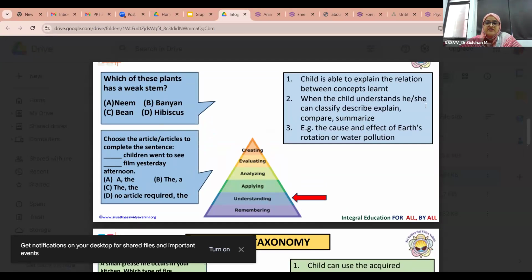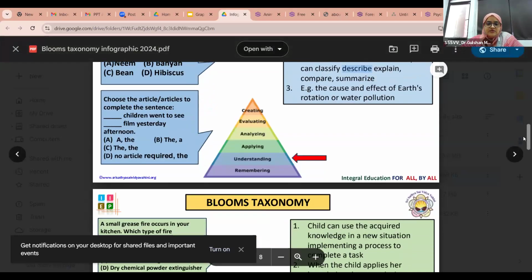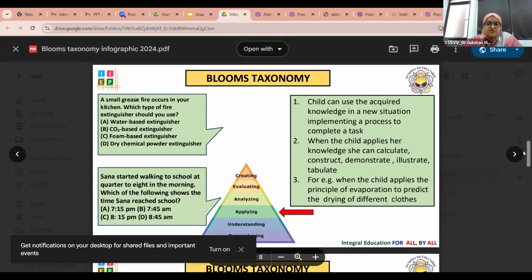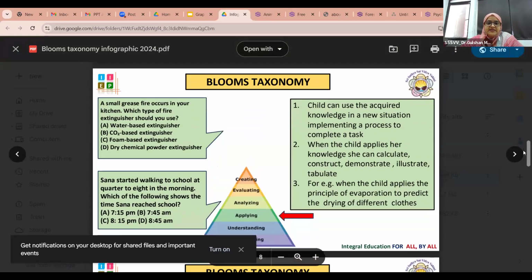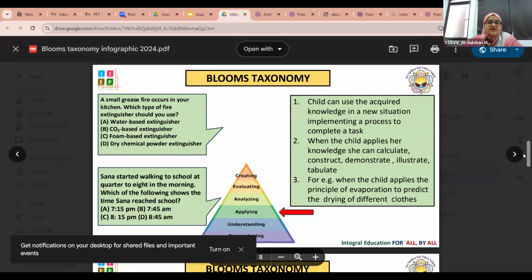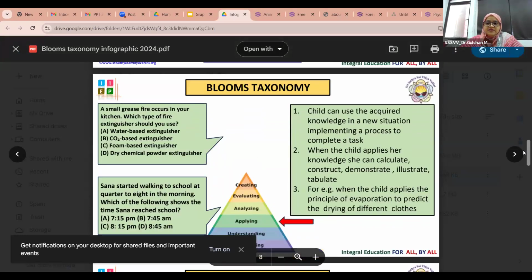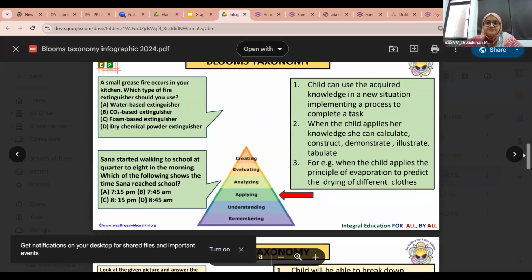And we are all very familiar as teachers that these words, describe, classify, explain, compare, summarize, are the action verbs of Bloom's taxonomy. So here you can see in a very easy, simple manner, it has been explained with the help of an infographic how questions can be developed with particular objectives.